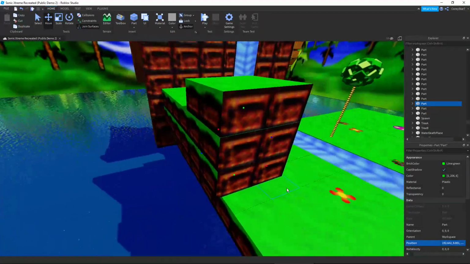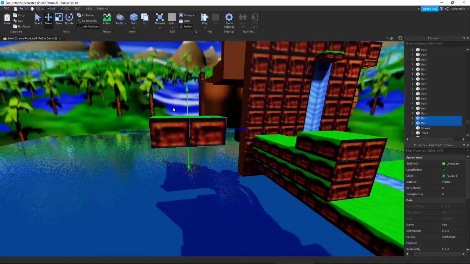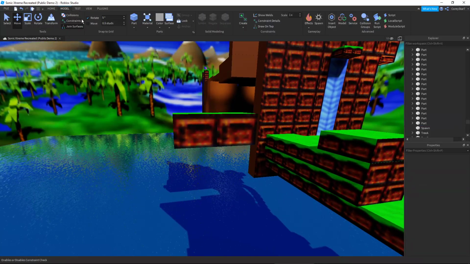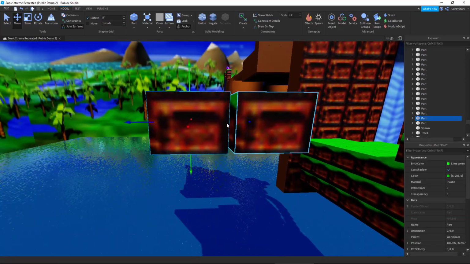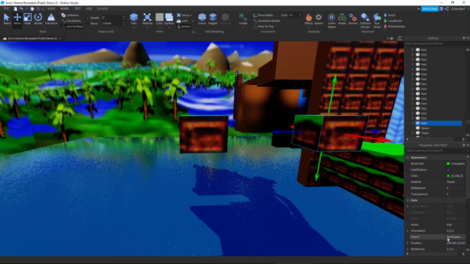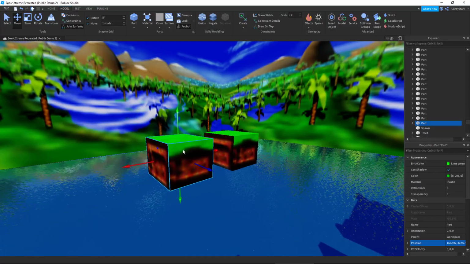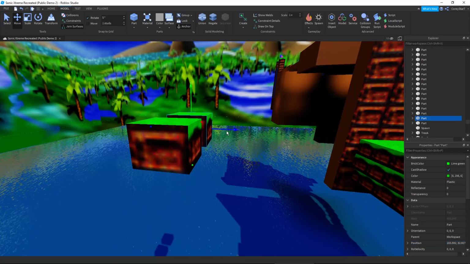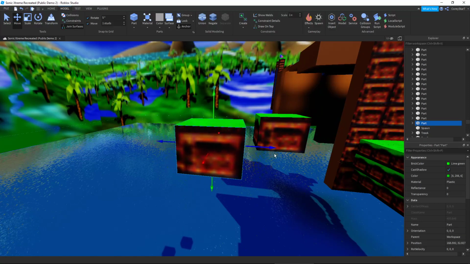Just to demonstrate real quick, this is what the movement looks like without the snapper. If I put it there for a little bit and then grab this other one and start moving it by one stud, watch this. I can move it wherever I want and use the position tool to put it wherever I want. But with this,